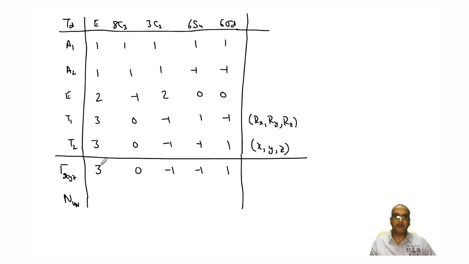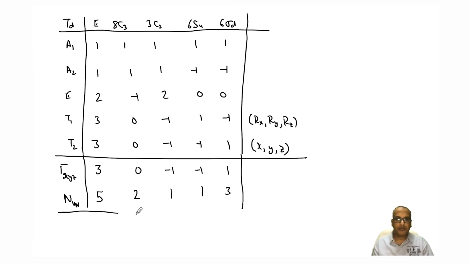And that you have to estimate by imagining the operation which we have to perform. So under E, it will be 5. All 5 atoms will remain unshifted. Under C3, it will be 2 atoms, proton and carbon, right? Rest of the 3 protons will move. So you have 2 unshifted. In C2, you have only 1 unshifted. In S4, again, there is only 1 unshifted. Sigma d plane will be formed by at least 3 atoms, so you'll have 3 unshifted, right?